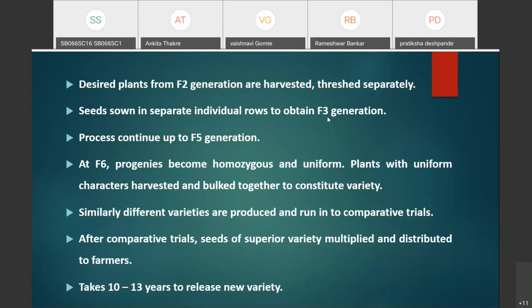Okay, and that process is repeated up to the F5 generation. But at the F6 generation, due to the continuous self pollination, these progenies will become homozygous and fairly